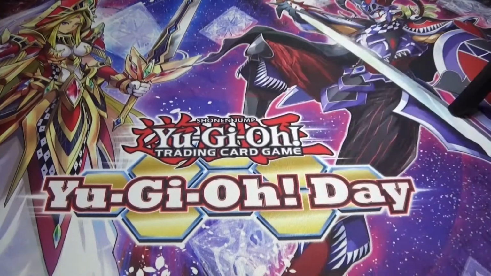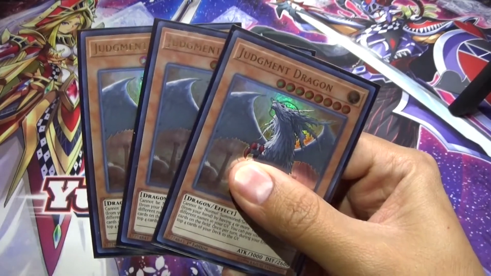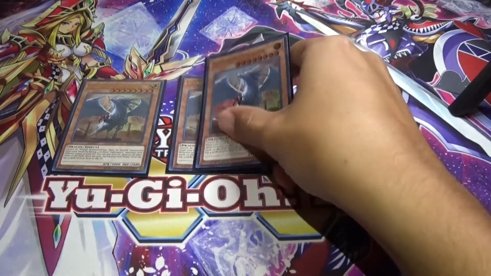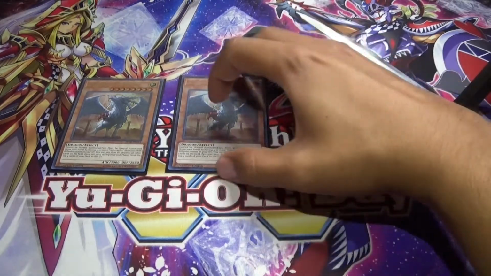Now let's go and get right into the deck profile. We're going to start off with, of course, the boss himself, Judgment Dragon. When you have 4 different Lightsworns in the graveyard, you can special summon it from your hand, and then you